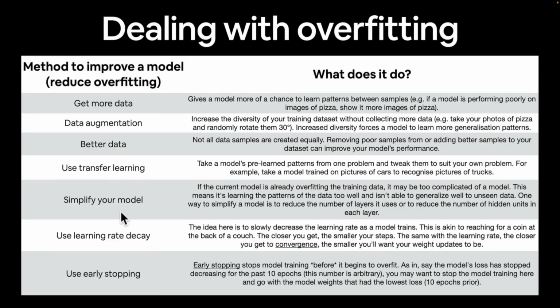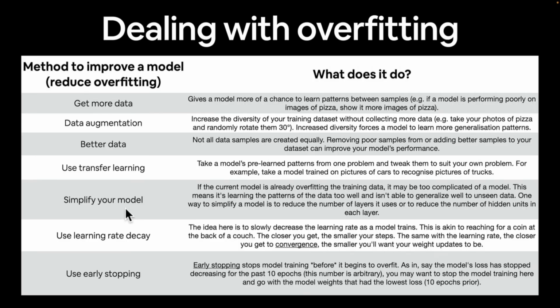Well, if you simplify your model and take away complexity from your model, you're kind of telling your model, hey, use what you've got. You're going to have to make sure that those 5 layers work really well, because you've only got 5 layers now, you no longer have 10. And the same for hidden units. Say you started with 100 hidden units per layer, you might reduce that to 50 and say, hey, you had 100 before, now use those 50 and make your patterns